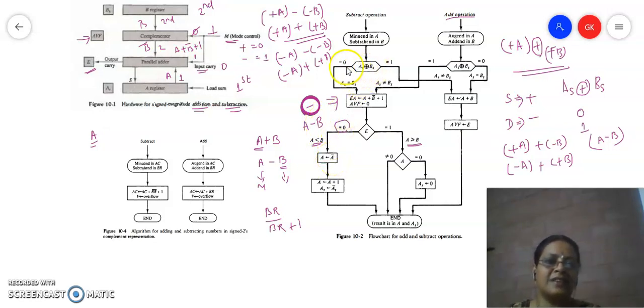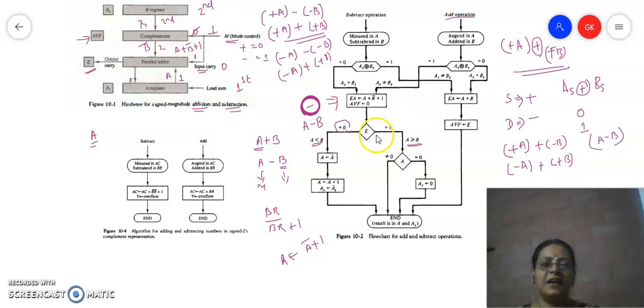You all know the signs are same here, only then you have reached this path. Now you have to complement the sign of A, A equal to A bar, and then you have to complement the number also. So A equal to A plus 1. So finally what you will get, the answer will be a negative number. So you have to take 2's complement. How will you write 2's complement? It is nothing but A equal to A bar plus 1. You have taken complement already, after taking the complement only A is having, so that answer should be incremented with 1. So then you will get the exact answer. Now the sign, whatever the original sign that you are complementing, that is going to be the sign of the result.